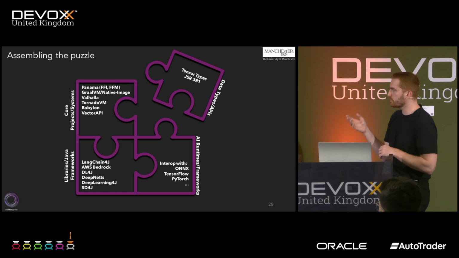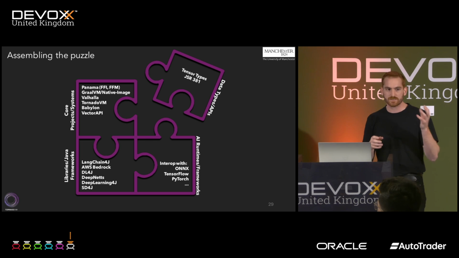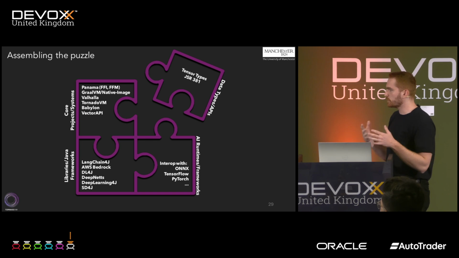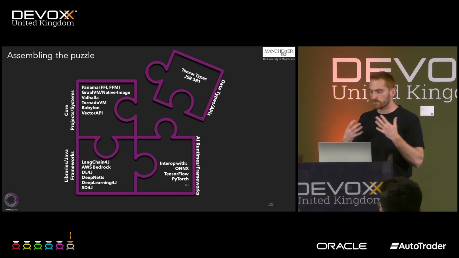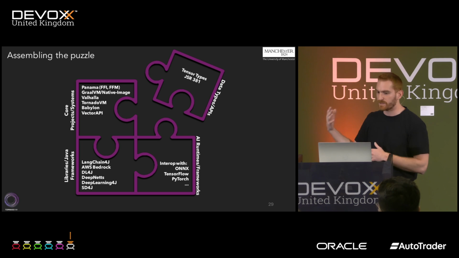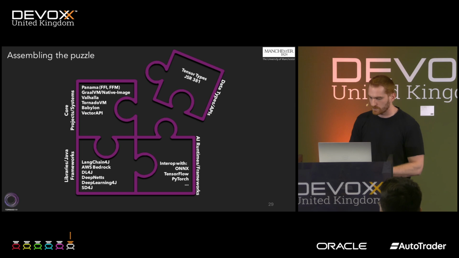AI frameworks through wrappers. And what we are missing, I think the key component, is having a tensor type or a data structure that can be the glue between all this, and start implementing AI libraries in a more natural way for the Java ecosystem, and reducing slowly the dependency on the native libraries.